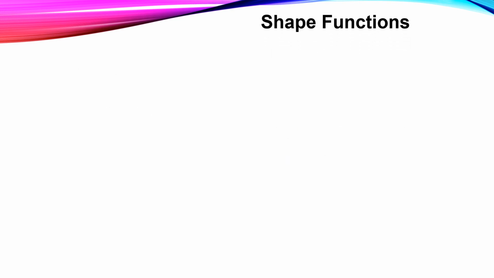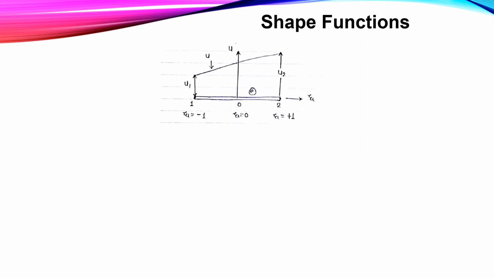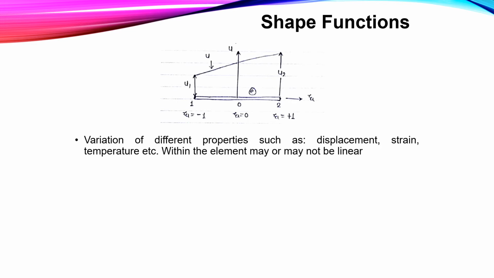Now, one concept is there, that is the shape function. This concept is important for the further derivation. Let's see the one bar element with node 1 and 2, and these are the natural coordinates. Zeta is equal to -1 for the first node, zeta is equal to +1 for the second node, and zeta is equal to 0